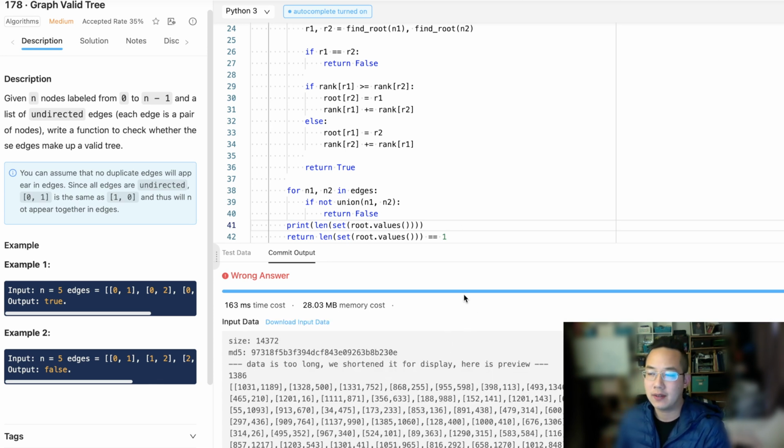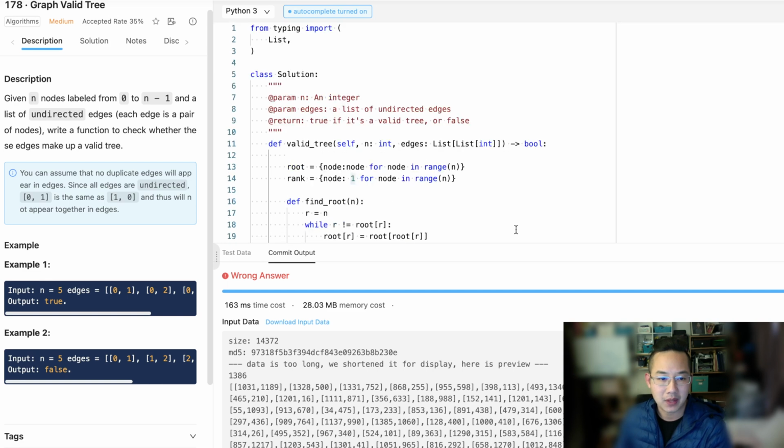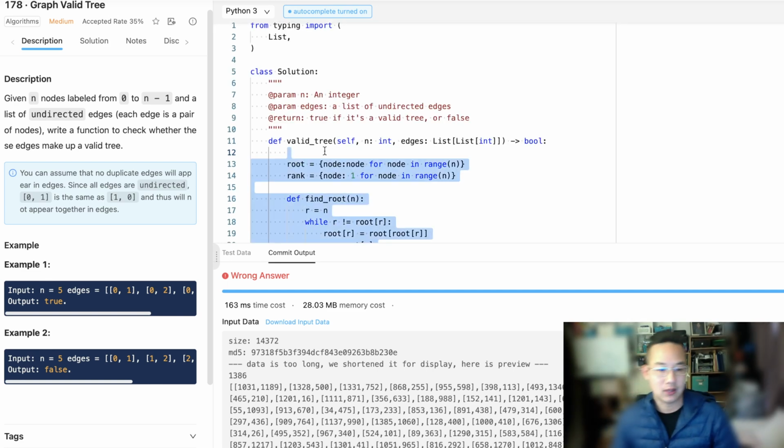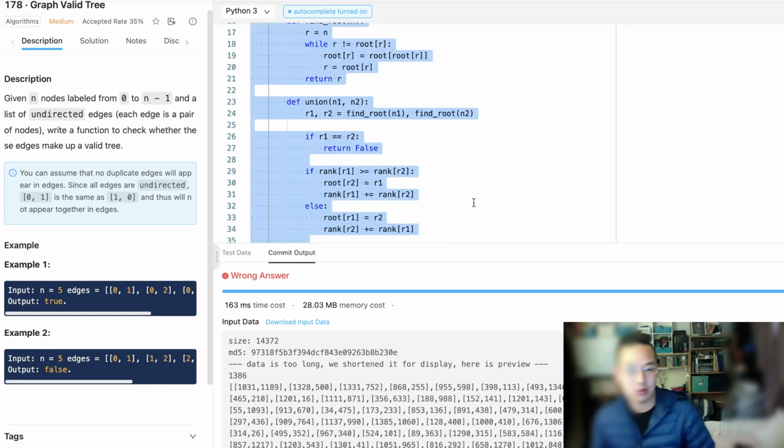They don't all have the same parents, so they're not connected in a way that's connecting all of them into a single tree, and that just means it should be false. But I might be missing something. Please inform me about what that might be. But other than this first option of relearning how to do a union find, which is great,